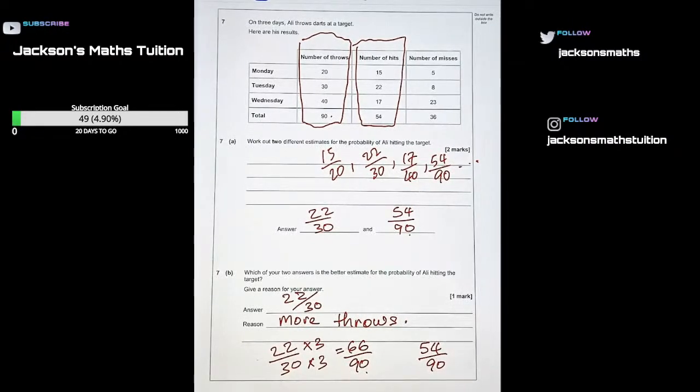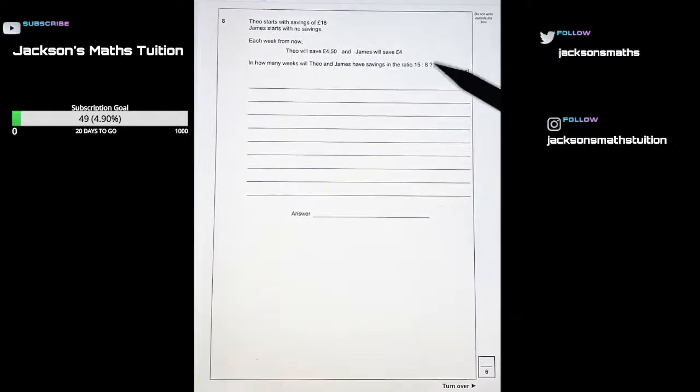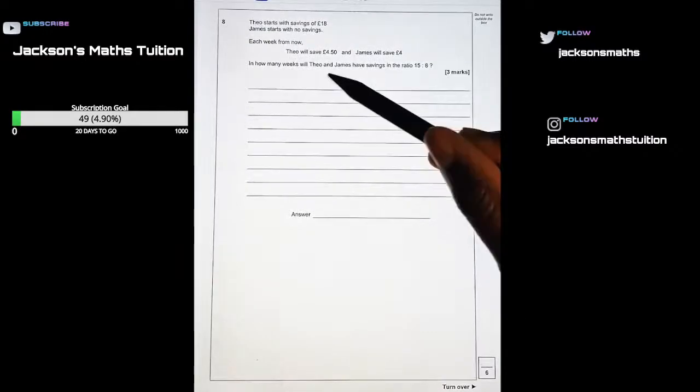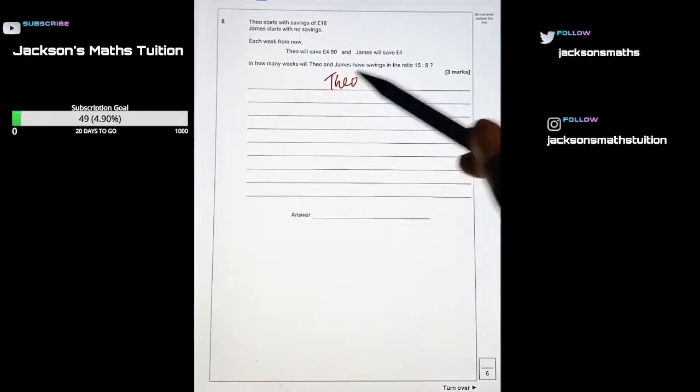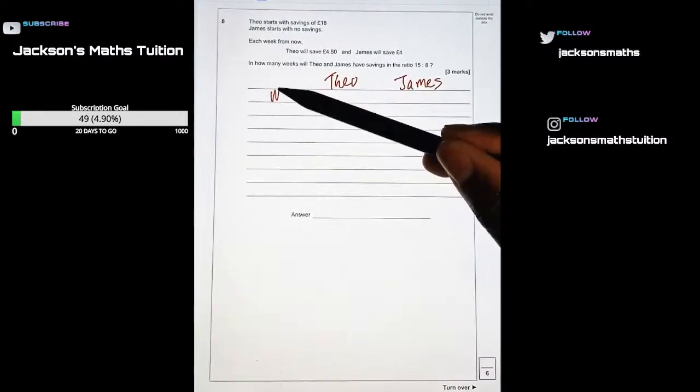Okay, so that's 7B, question 8. Theo starts with savings of £18. Another crossover question, guys. So if you were on the live on Wednesday, you would have seen this question before. So we're going to do it in two sections. We're going to do Theo, and I'm going to do James, and I'm going to use repeated addition for this question. So for the first, or week 0, because that's what they're starting with,